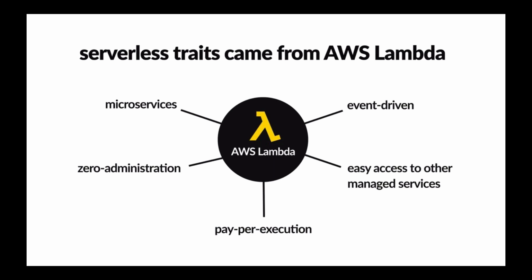Next up, the quality that serverless is most closely associated with is zero administration. It's the zero administration nature of AWS Lambda that is the big driver of this term. And basically, when you upload an AWS Lambda function, Amazon worries about scaling it out, worries about keeping it up, and the developer doesn't have to do that. So the AWS Lambda functions will scale to meet any load. All you have to do is tell Amazon to increase your concurrency limit from time to time if you hit that.